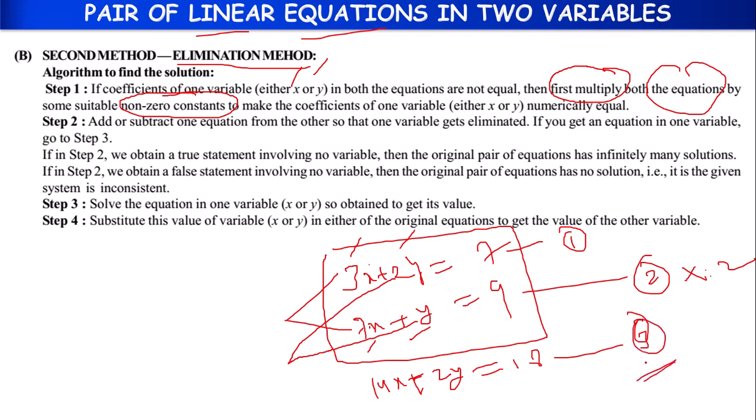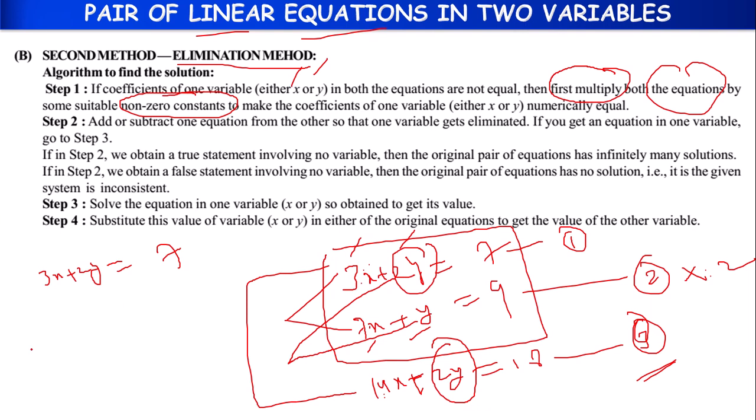If we compare the first equation and the third equation, the coefficients of x are different, but the coefficients of y are the same. So 3x plus 2y equal to 7, first equation, 14x plus 2y equal to 18, third equation. If we subtract them,